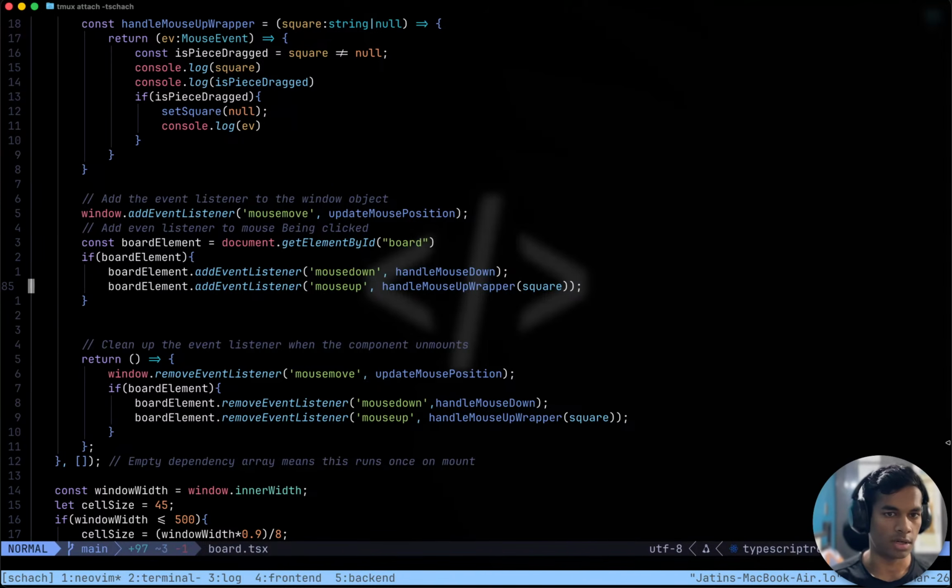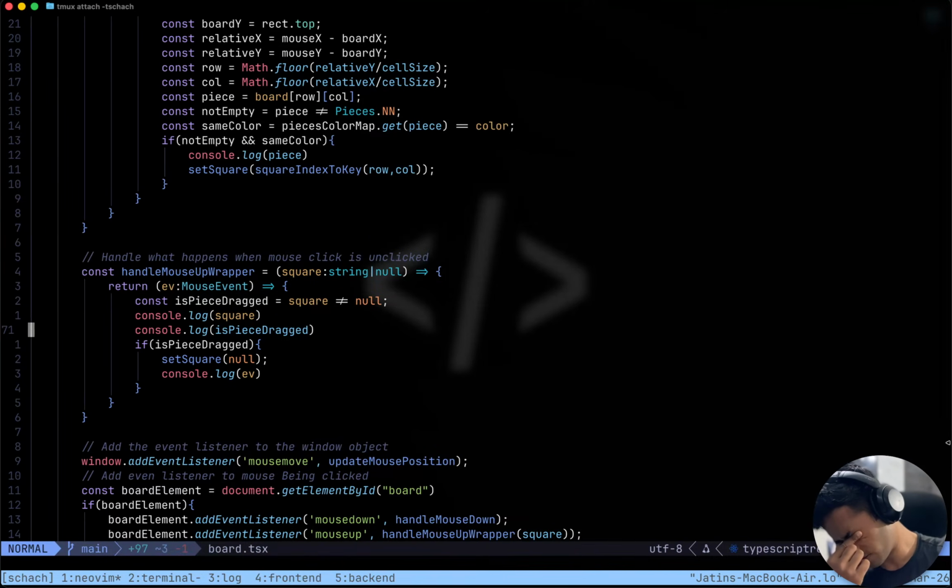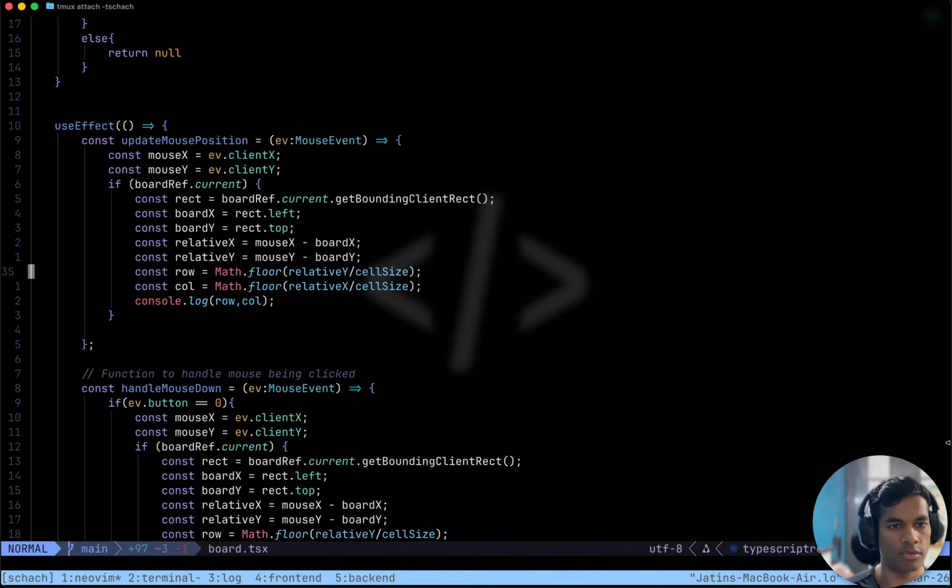Because add event listener should get the current value of square and not the old value of square.